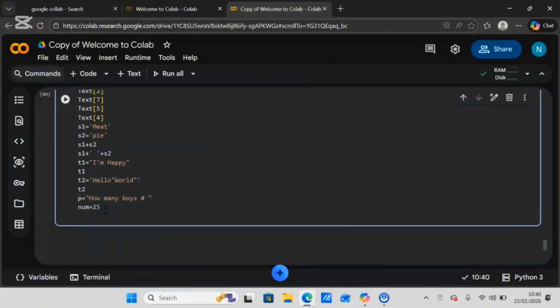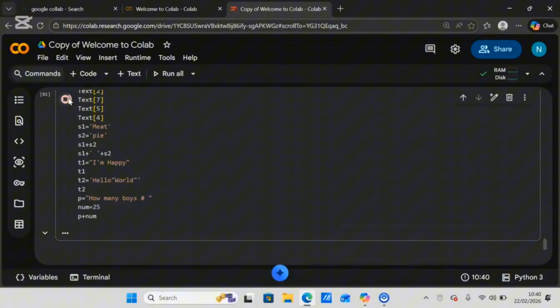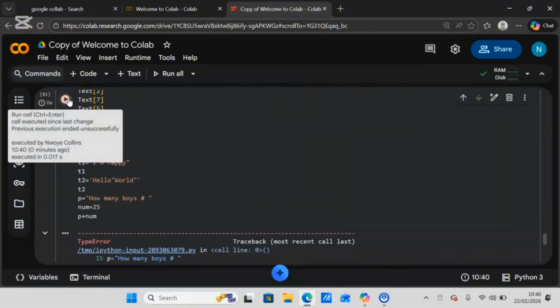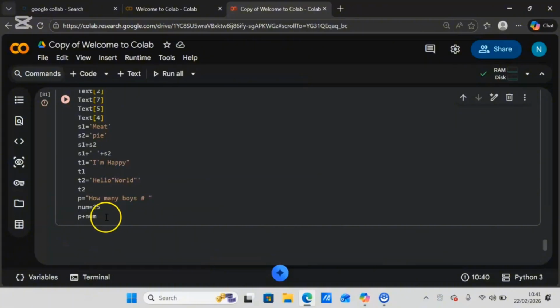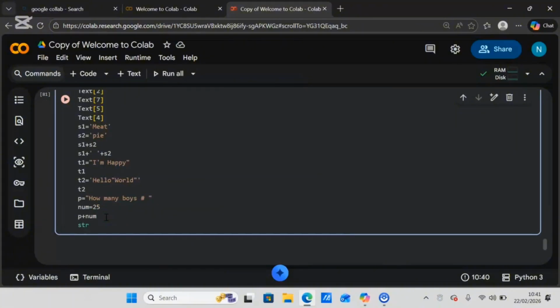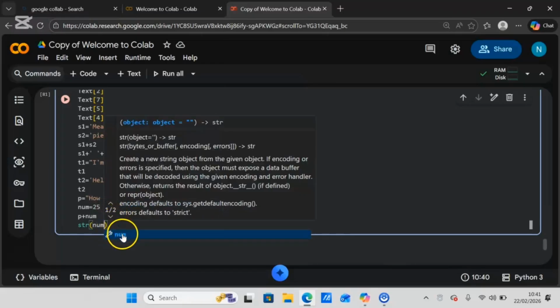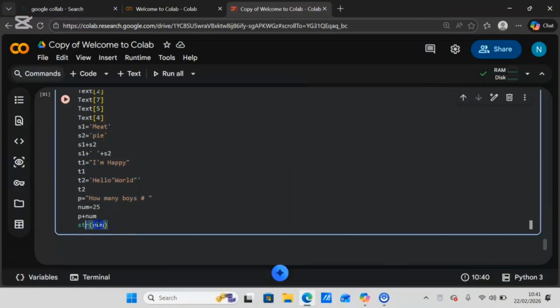So now let's concat, where we have p plus num. When you add these two, you're expected to have how many boys and then the number, but this will not work because you can't add a string and an integer. So what you have to do first is convert the integer to a string before you add. So we have a function called str. So str of num, when you run this,